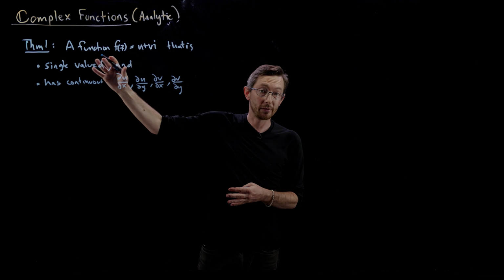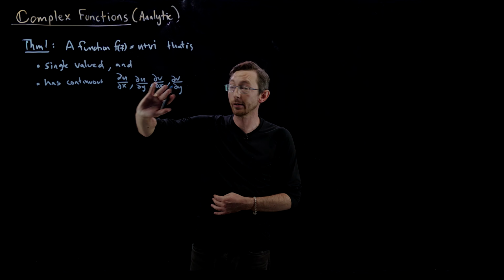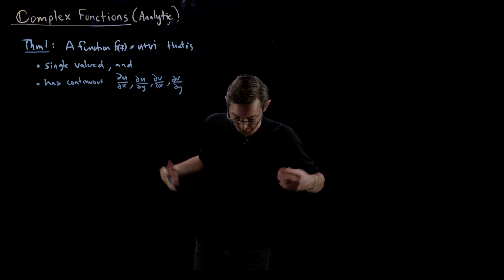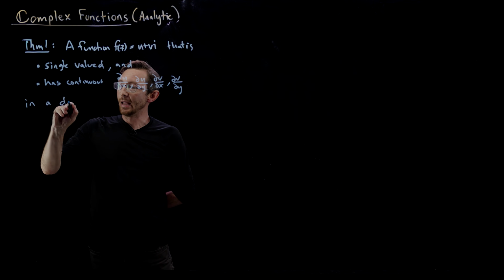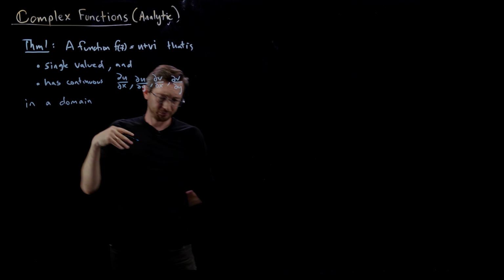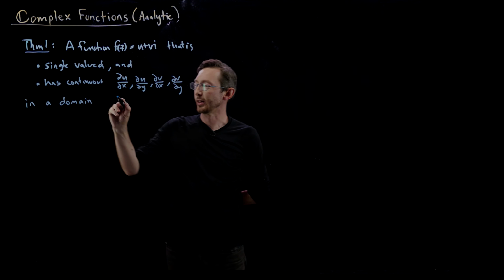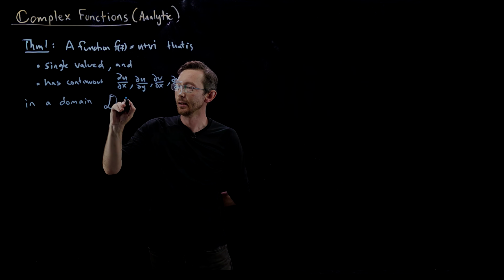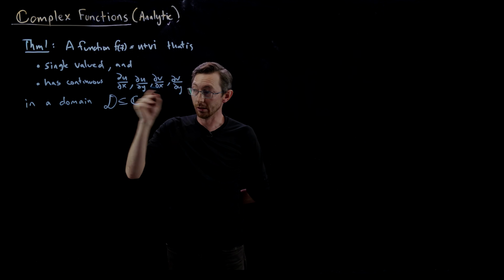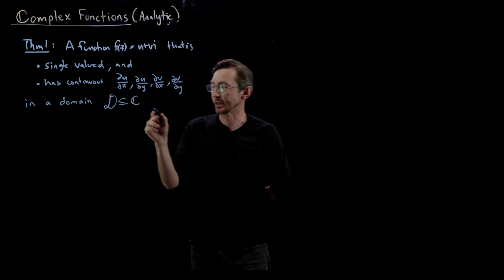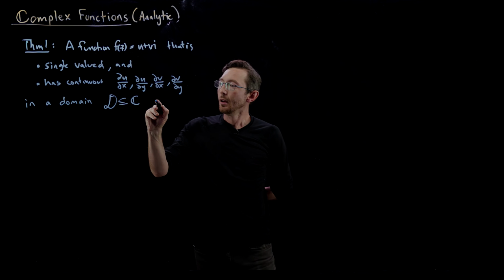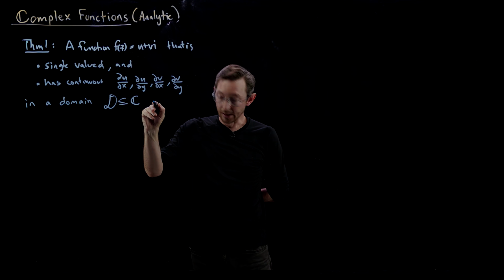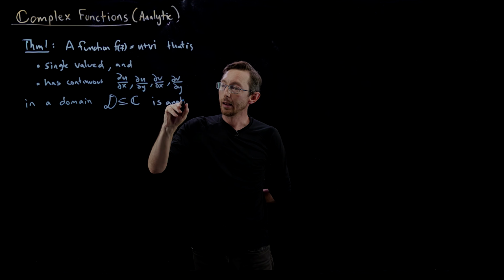So if my function is single valued and it has continuous partial derivatives that do in fact exist, that you can write down, in a domain, remember we're talking about regions of the complex plane, in a domain D, which may or may not be all of the complex plane, but it's inside the complex plane. That's what this means. It's a subset or equal to the complex plane. The function is analytic